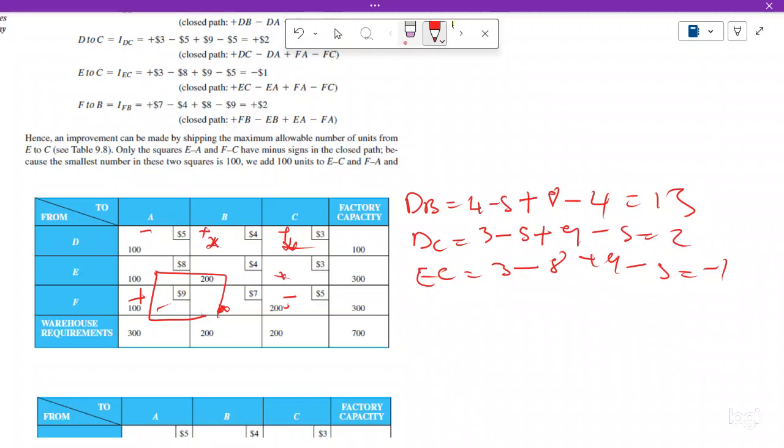This one we can just somewhere do it, calculator fast. 7 minus 4 plus 8 minus 9 is 2, is positive. So I think -1 is the best solution. Okay. So positive, negative, positive, negative. Okay, so now